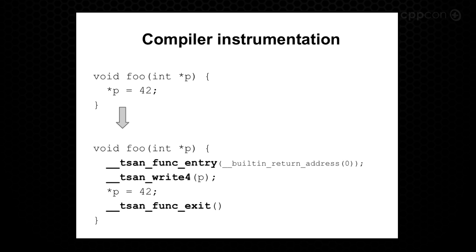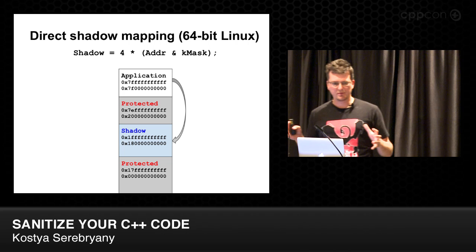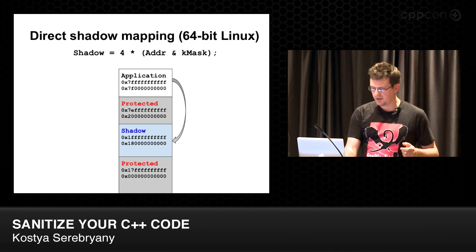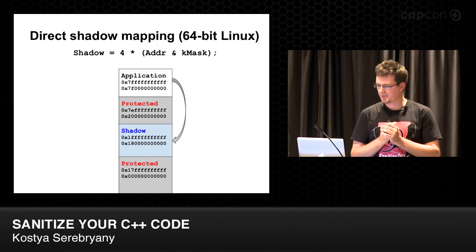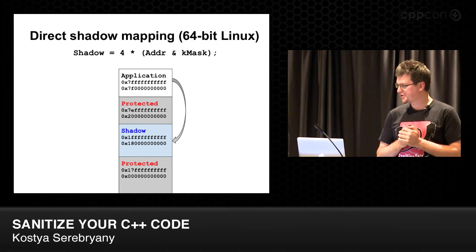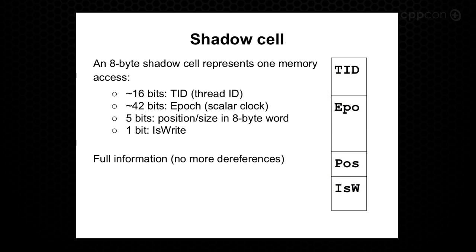So how does this tool work? Compile instrumentation is extremely simple. We just insert function calls before every interesting event in the program. Again, this tool plays tricks with virtual address space. Unfortunately, race detection is a much more complex problem, so we need much fatter shadow memory. So we give the application just a tiny piece of address space. It's still several terabytes, and we map it to a 4 times larger part of the address space using, again, 2 arithmetic instructions. What do we store